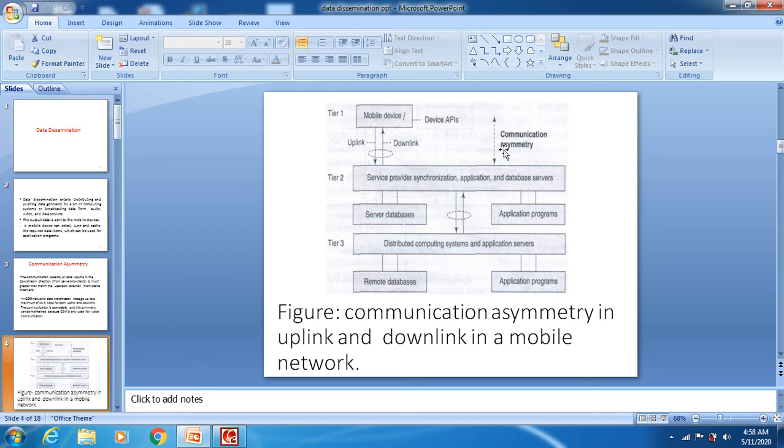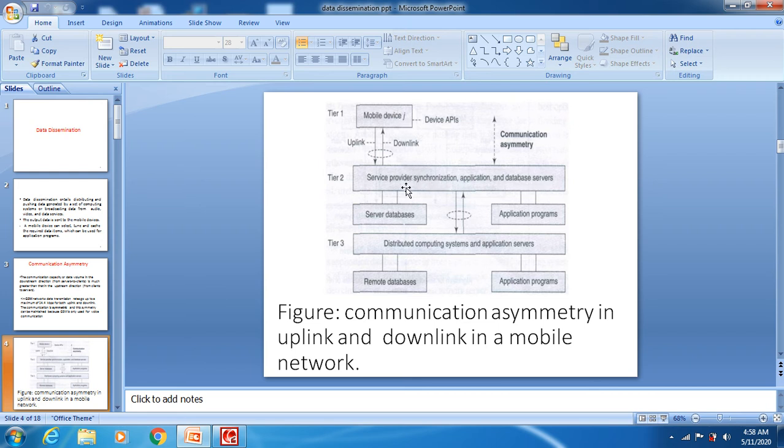Communication asymmetry is used when you want to transfer both data and voice communication. Only for voice communication do we use communication symmetry. The mobile device is a client, and the service provider application data is a server.